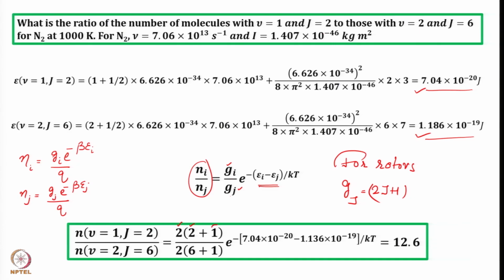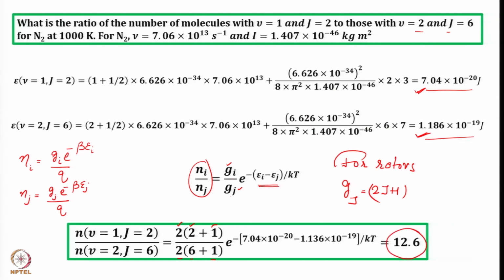For the second one, v is equal to 2 and J is equal to 6. So 2J plus 1 is 6 into 2 plus 1, that is 13. Hmm, 6 by 14 into exponential minus delta E. Delta E is the difference between these two numbers, and it turns out to be